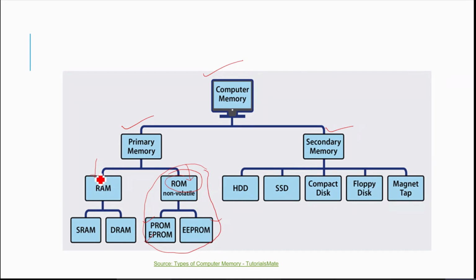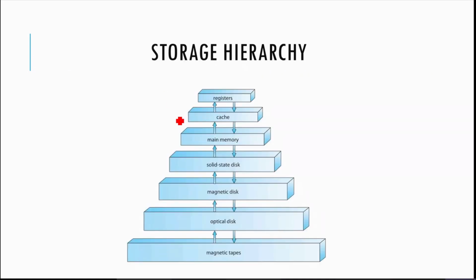Our objective is to discuss the RAM, that is, the random access memory. In that there are two varieties, the static RAM and the dynamic RAM. But our focus is completely on the RAM, which we will refer to by the name memory only. So memory means we are discussing the RAM in our computer system. How the RAM helps to run the program as a process, this is what we are going to discuss here.